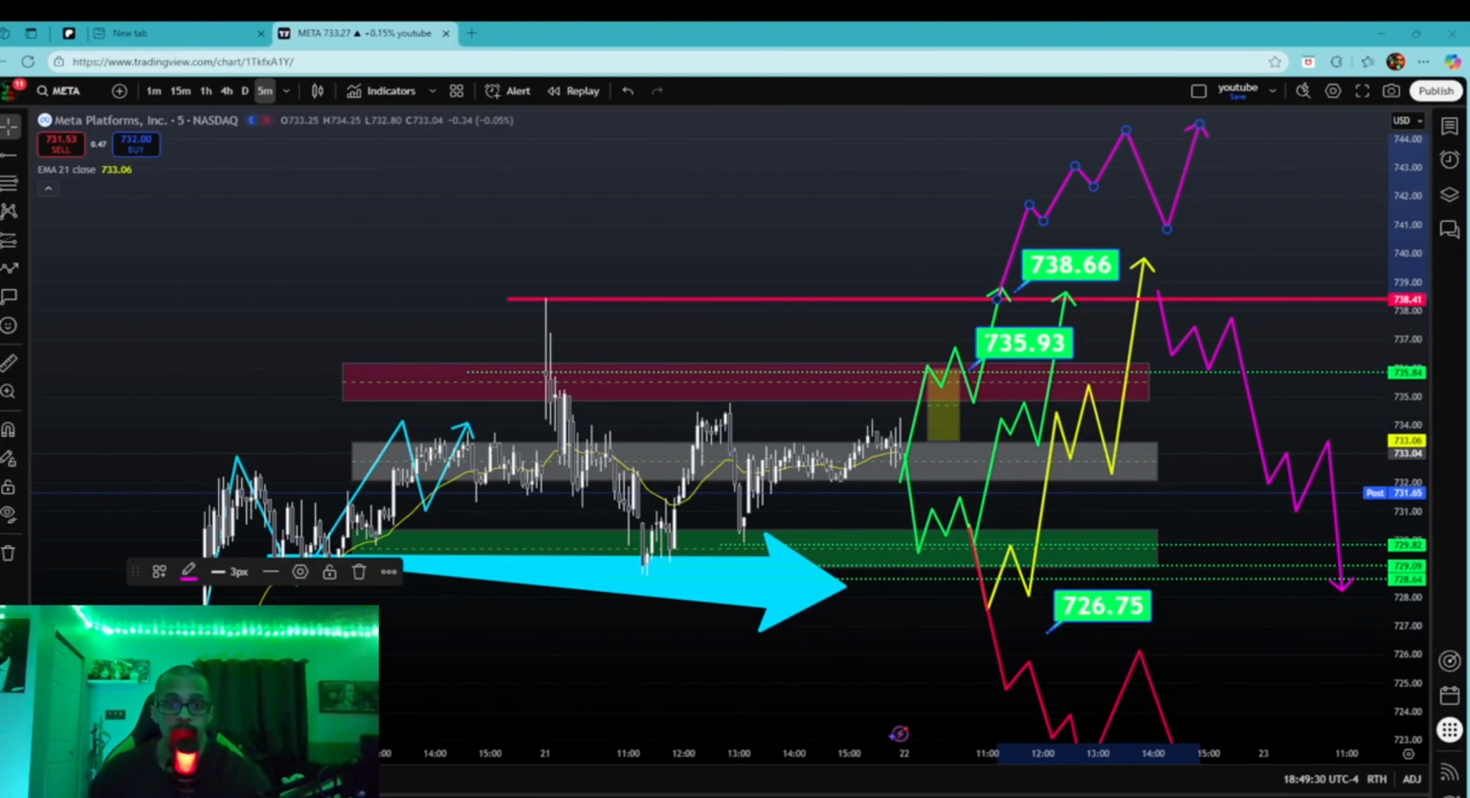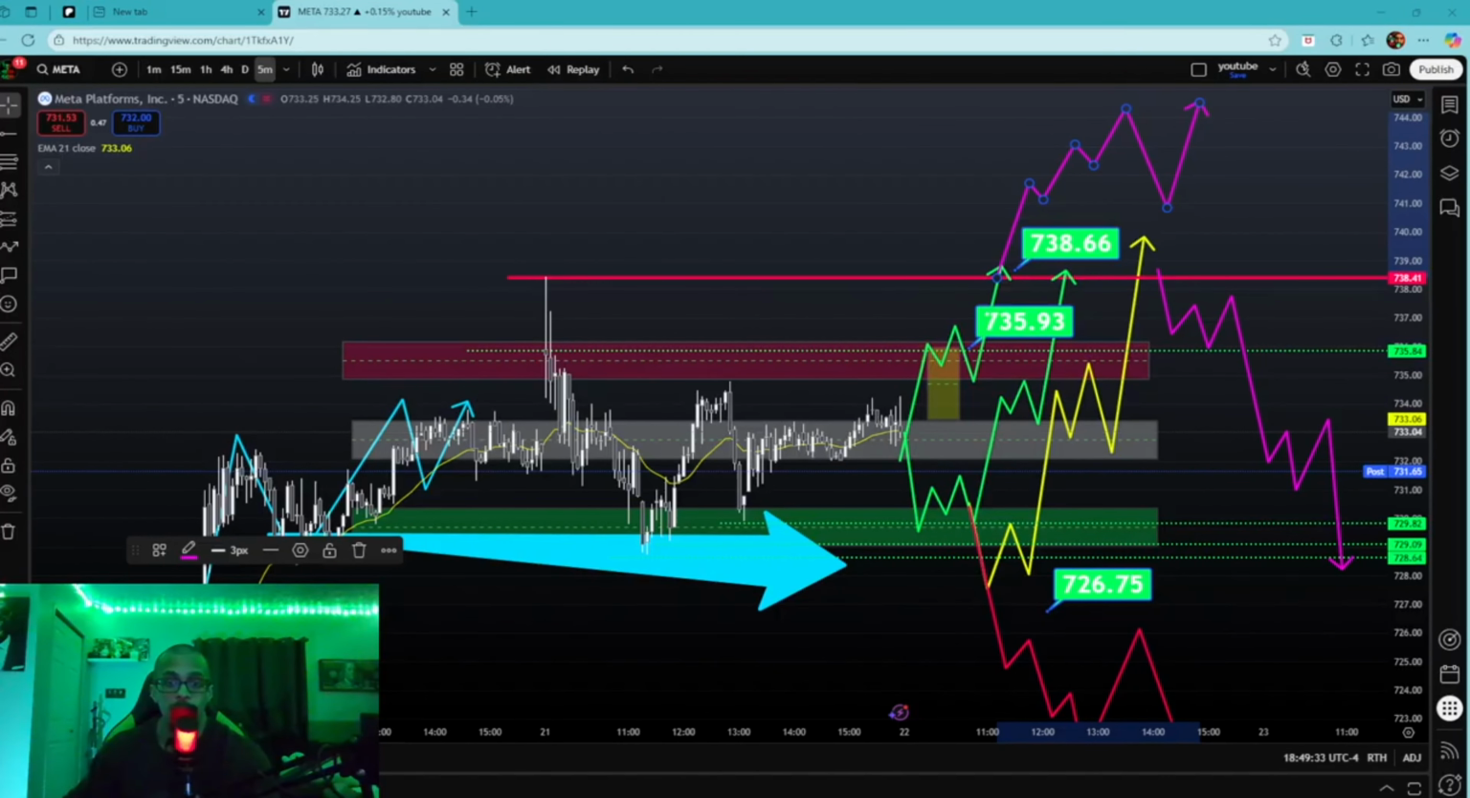So those are the variations that I'm looking at, ladies and gentlemen, for tomorrow's market session here on Meta Platforms,